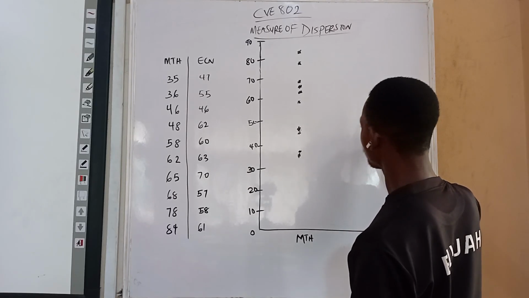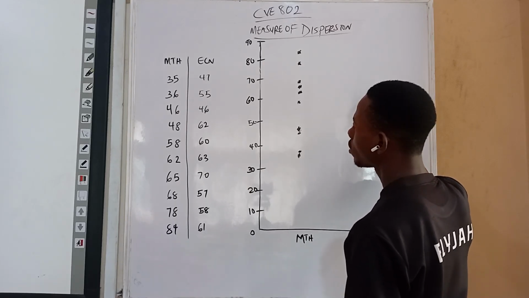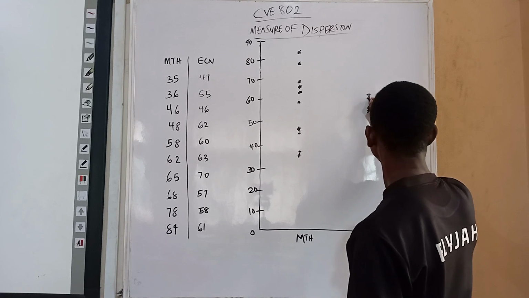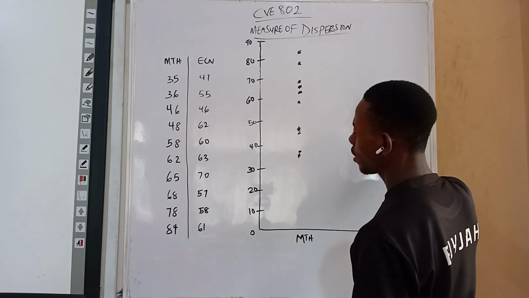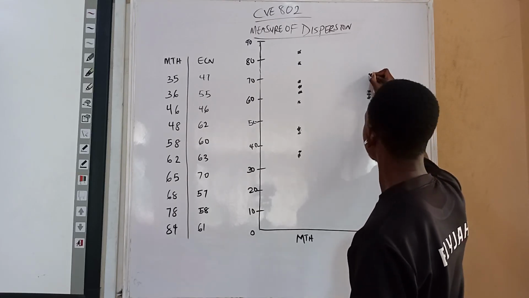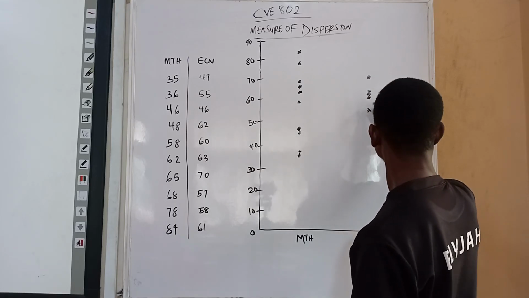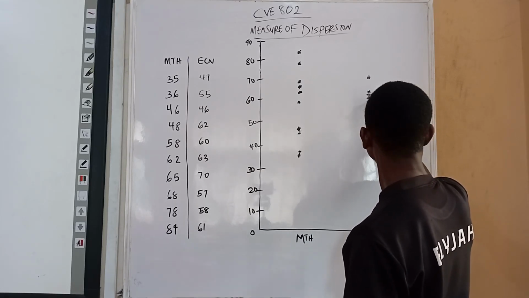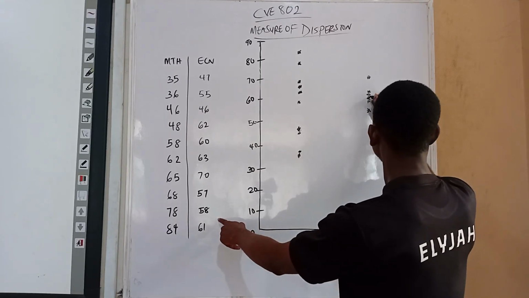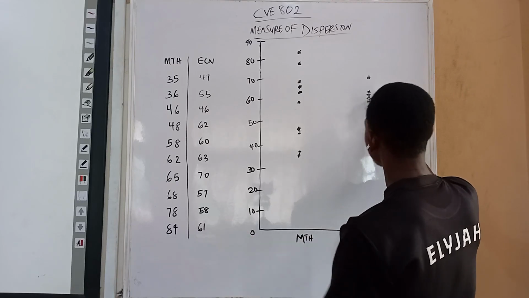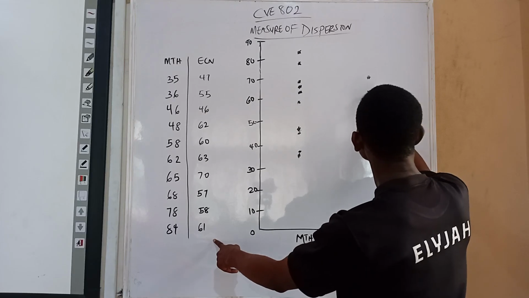Then we have 62, a little above 60, then 60, then 63, then 70. Then 57, somewhere around here, and 58, also around here. Then we have 61, which is in between